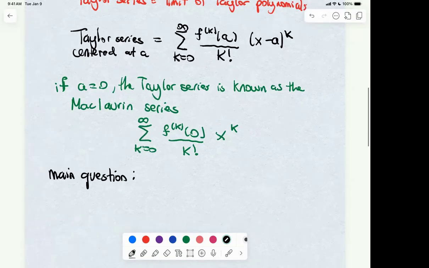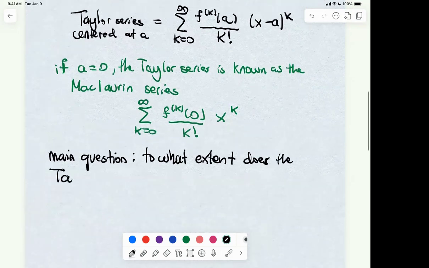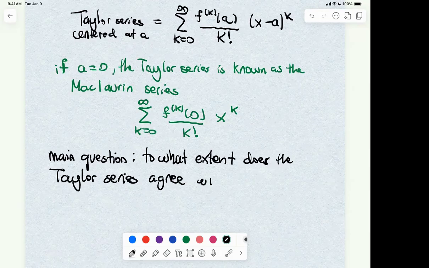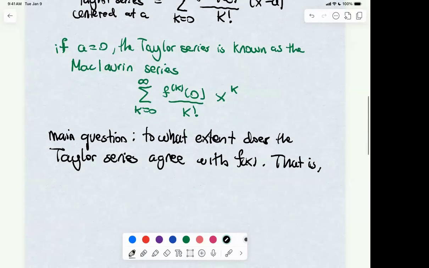So the main question is to what extent does the Taylor series, that is, when does